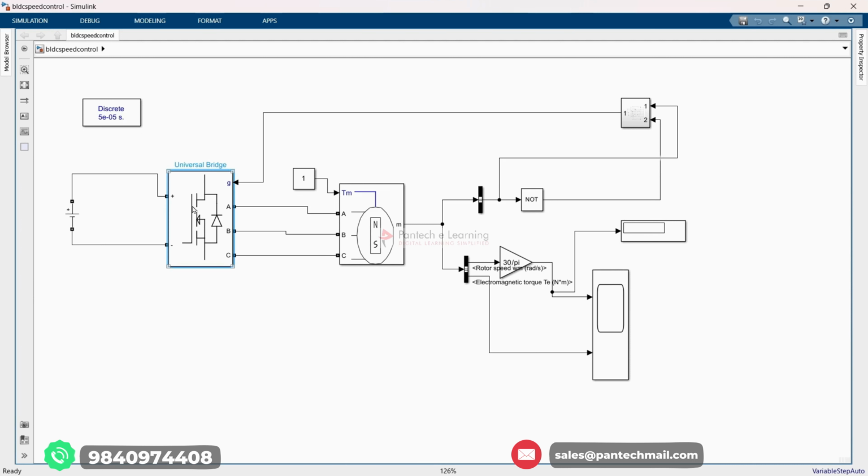So here we have to use one universal bridge rectifier. This is only responsible for delivering the appropriate voltage to the motor phases based on the Hall effect sensor feedback. So I will tell you